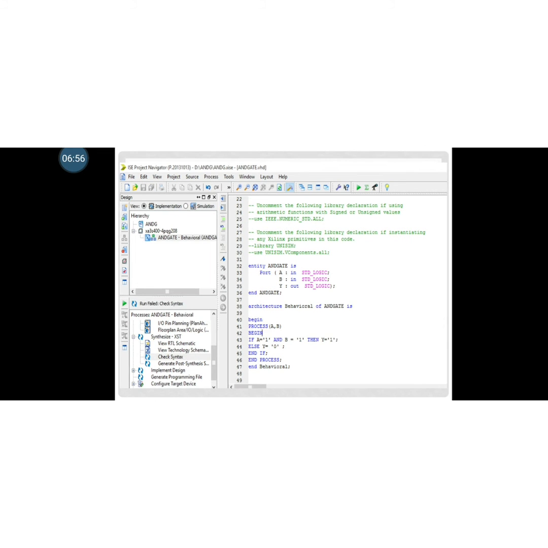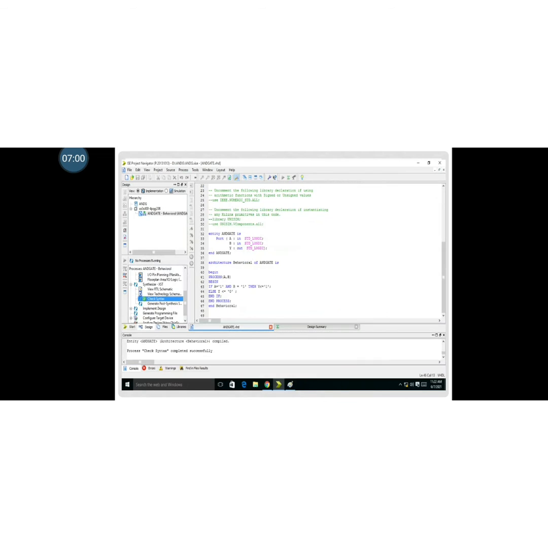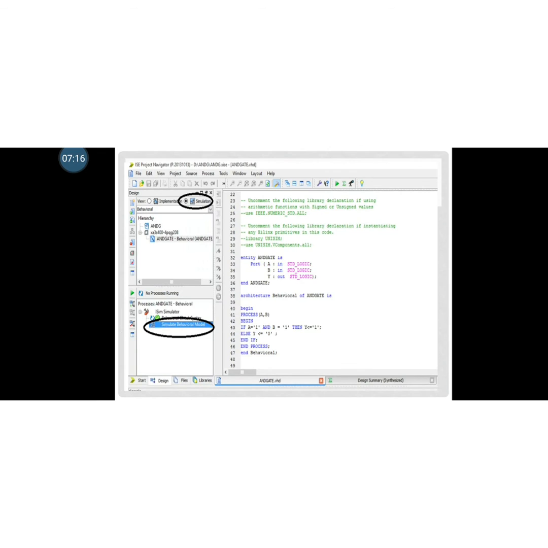Once it is completed successfully, a green color mark will be shown. After checking the syntax, you have to go to the simulation above, check for the behavioral, and if it is also right, then go for the simulation procedure.